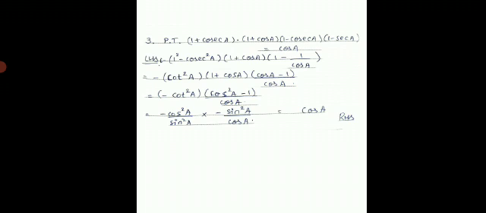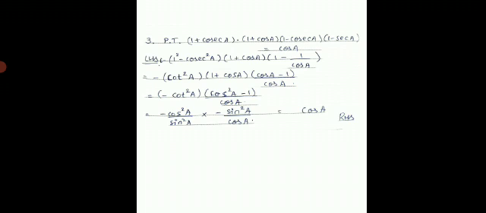So you get in the next step cos square of A minus 1 divided by cos of A. Now the last step, cot square of A can be written as cos square of A upon sin square of A into, here see students, cos square of A minus 1 is nothing but minus sin square of A. Just go through the basic identities, divided by cos of A as it is.